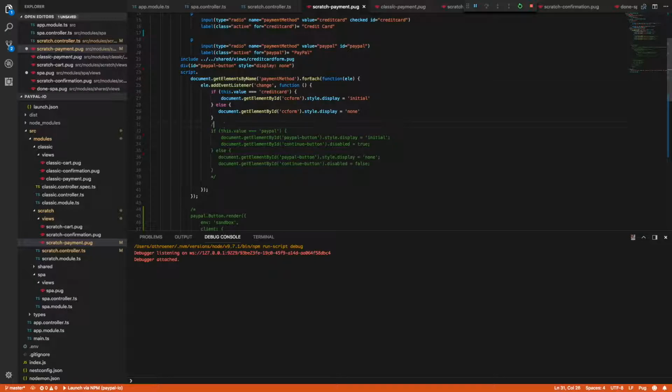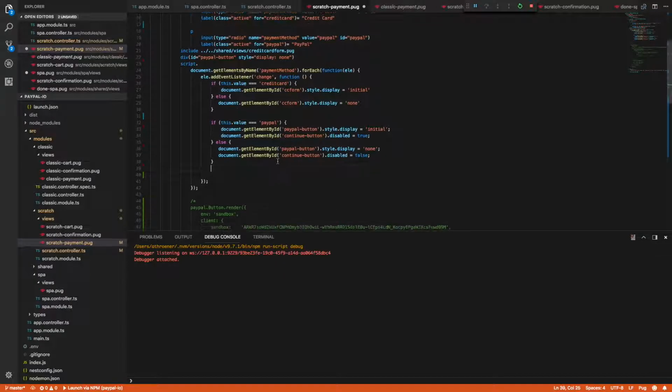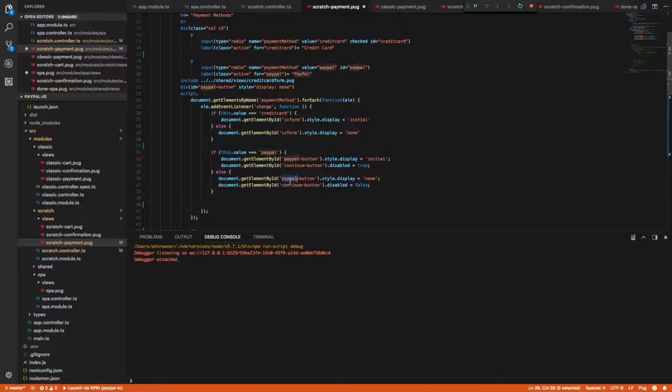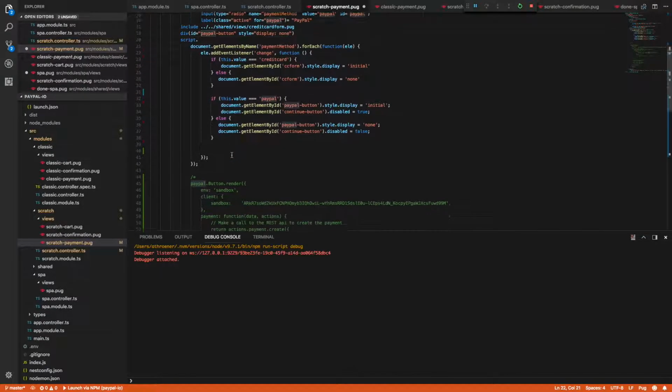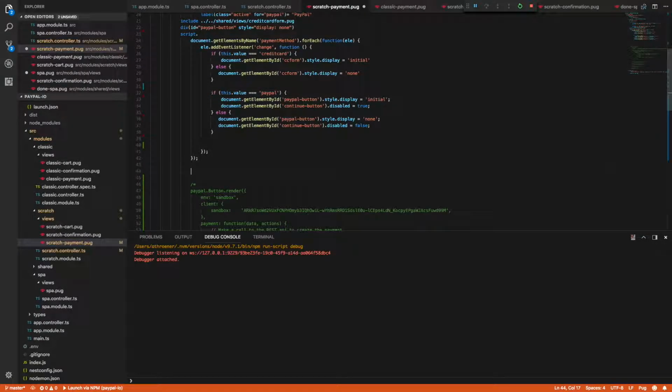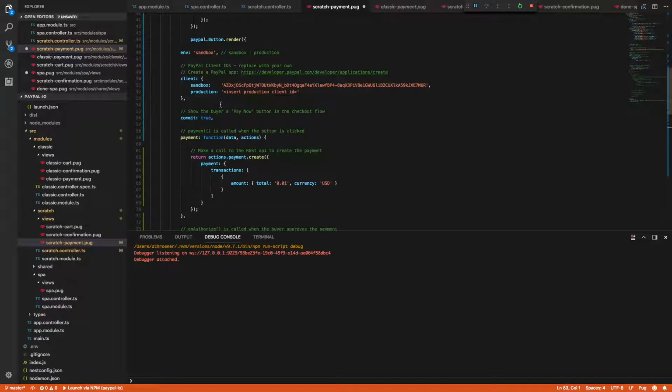And then I'm just going to add this little piece that says if it's the PayPal payment method, then show the PayPal button, and disable the continue button, and if not, hide the PayPal button container. So if we look for the PayPal button container, you'll see that I already have a div with an ID here. So we want to use the PayPal JavaScript to target that div ID. So I'm just going to paste in what I copied from the documentation